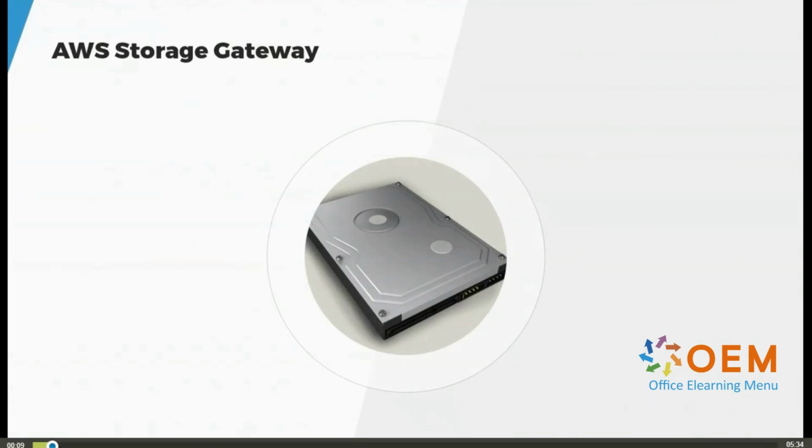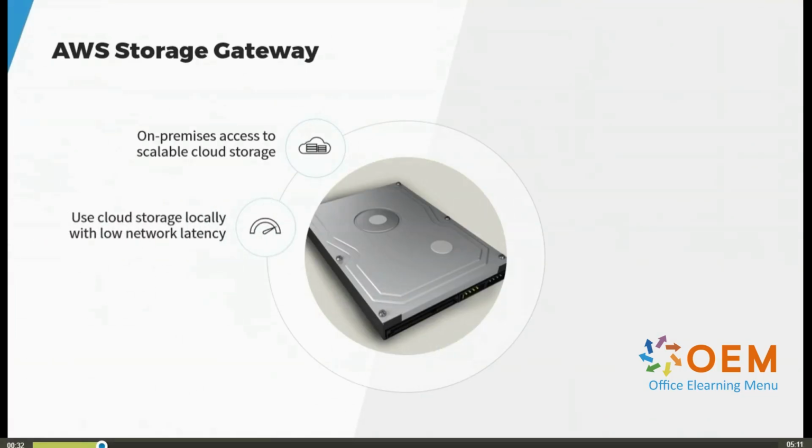Services storage is not complete without going through the AWS Storage Gateway. The AWS Storage Gateway basically is a local cache for a variety of types of storage. So it gives on-premises access to what really ends up being stuff stored in the cloud. And so you get the benefit of the scalability of that cloud storage. It also means that you can use cloud storage locally because you have a local access point on your on-premises